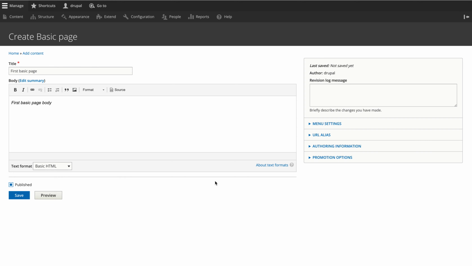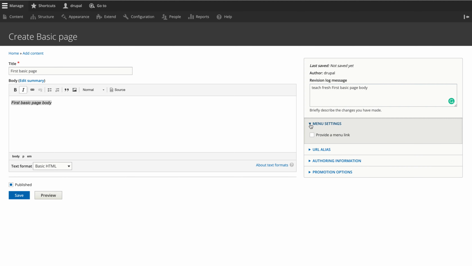There are a lot of configurations for this also, like the revision log message. Let's say I am editor one and I'll say first editor body. Let's say TechFresh first edited the basic page.